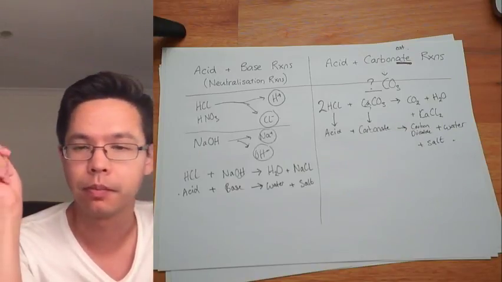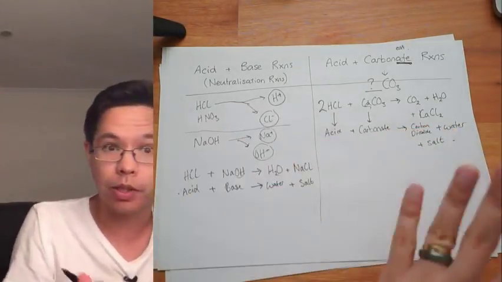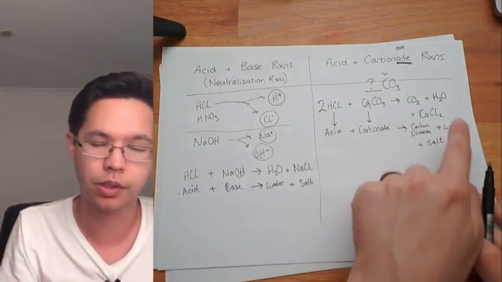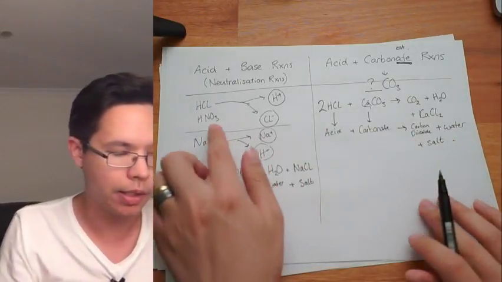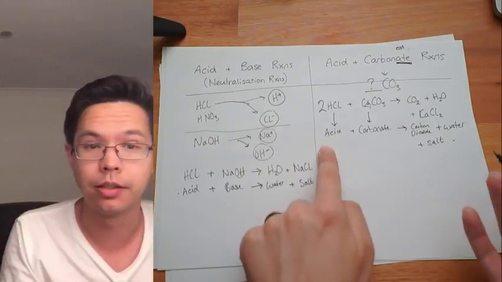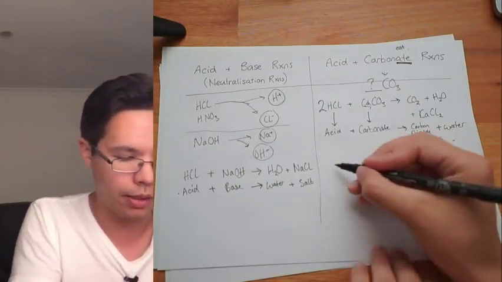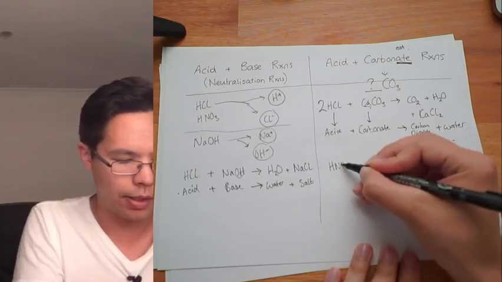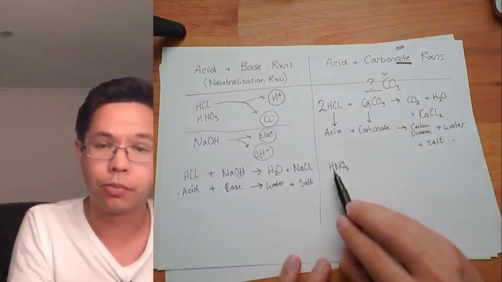All right, so back to what I was saying: now we have a template to work with. Acid plus carbonate will give you carbon dioxide, water, and salt. I can swap out the acid for any acid, and it should work out. So if I've got nitric acid, it brings 1 H+ ion,